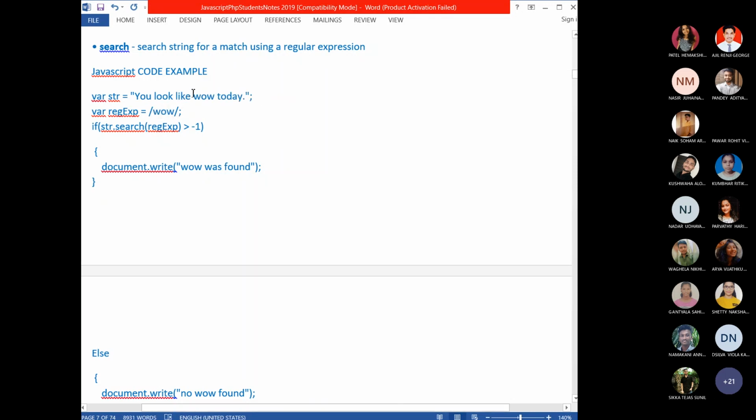If it does not find any matches in the search and match methods, it will return null. If it finds a match, match returns an array with all the findings.